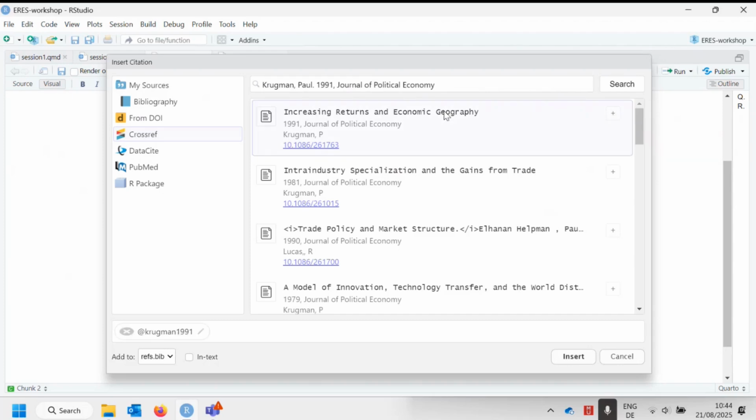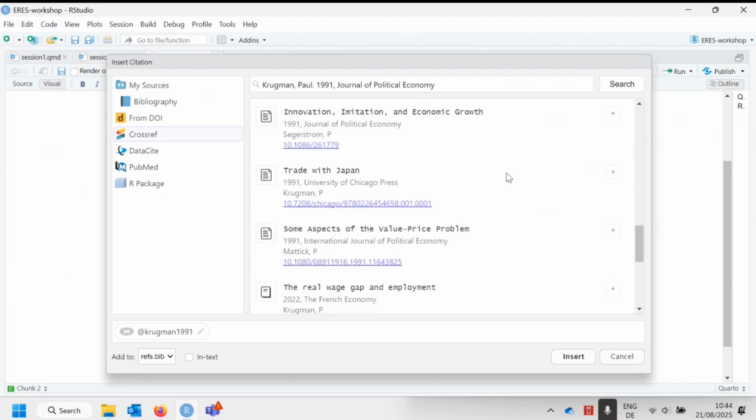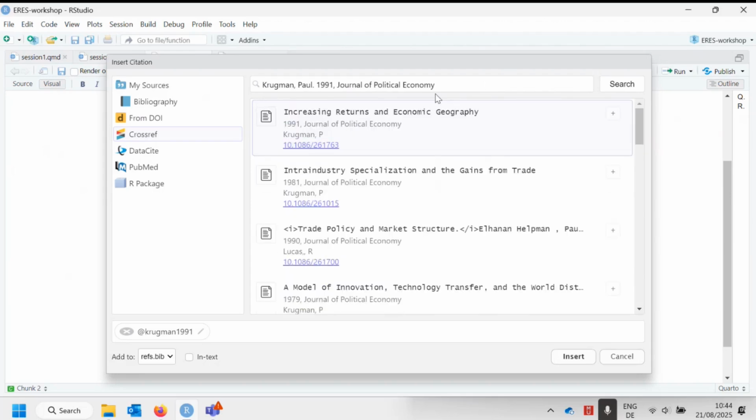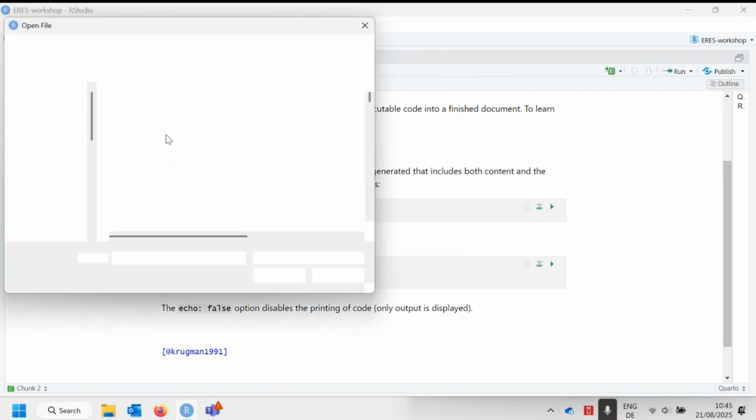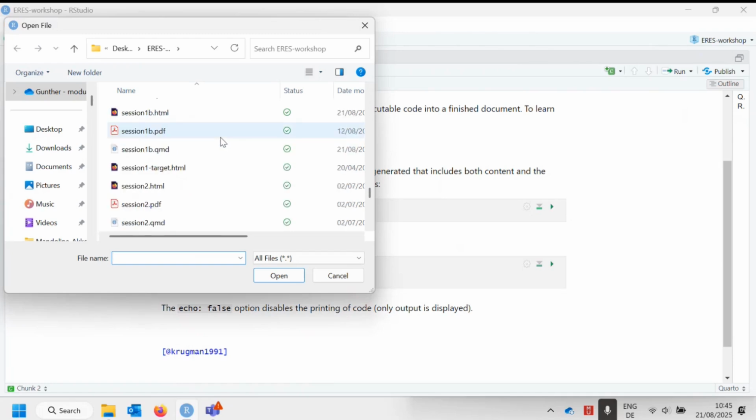So I can click on this here, and as you see, there is some entry down here. I could click more from this list, or start a new search and insert more here. But this is enough for now. And when I click insert, two things happen. On the one hand, the entry Krugman 1991 is added, and on the other hand, Quarto generated a new file,